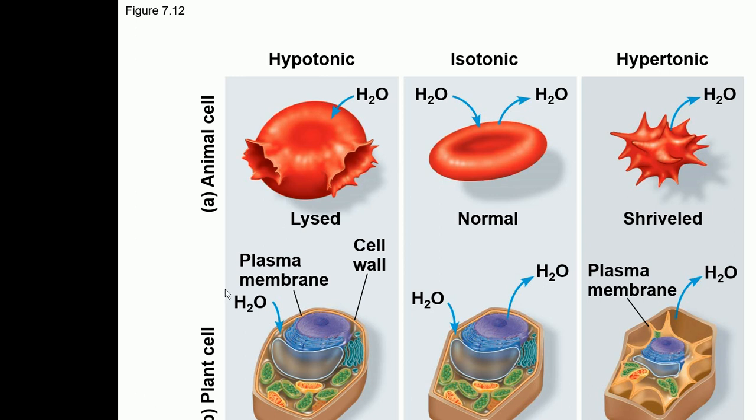And when the cells are placed in hypotonic solution, which means the cells are gaining water, remember that inside the plant cells there is a central vacuole which stores a lot of water, and also the plant cells have a cell wall. The water getting stored in the central vacuole puts pressure on the cell wall, and the cell wall also puts pressure on the inside, and that's called the turgor pressure. In this situation we call the plant cells turgid.